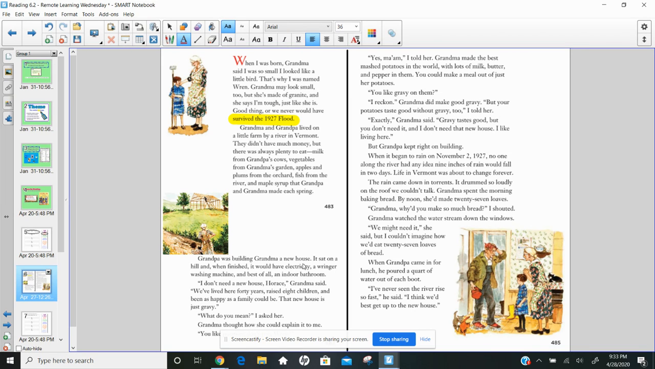Grandpa was building Grandma a new house. It sat on a hill, and when finished, it would have electricity, a wringer washing machine, and best of all,